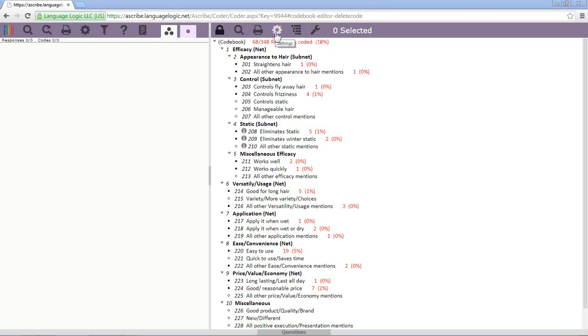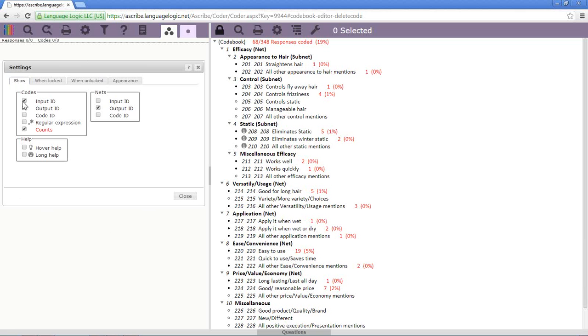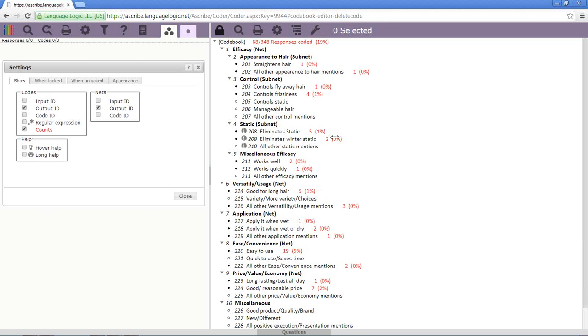Okay, cool. So now to get into settings, and I did mean to say that prior to getting into settings, that came up this morning as well. So in the settings, one of the cool things about our settings in Ascribe Coder is that as we turn on the settings, they're instant. So they're kind of interactive. So we can see what that setting is going to do. Okay? The first